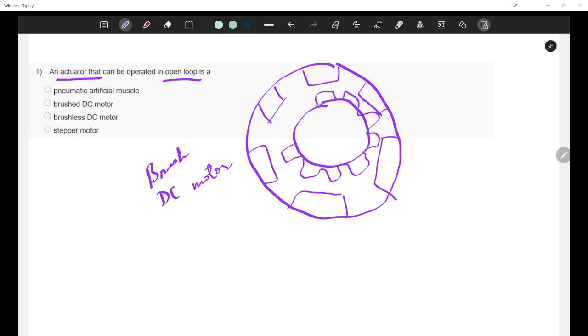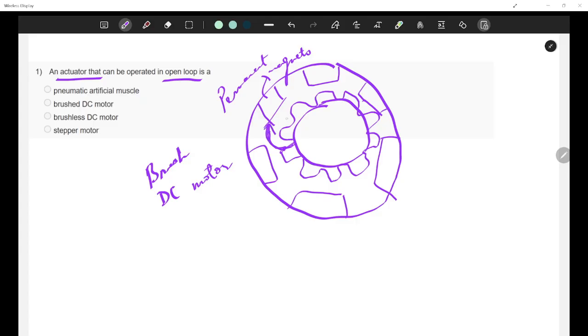So these poles align according to the permanent magnets on the stator, purely based on the polarity of the pole. So it aligns to this and then your motor rotates.